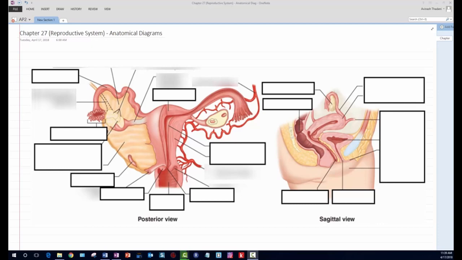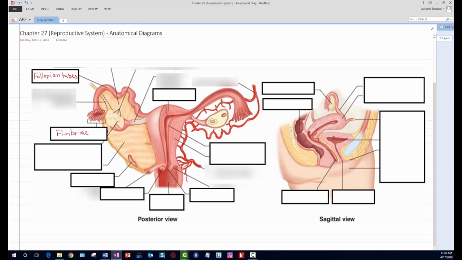So let's just start labeling the diagrams in no particular order specifically. We'll just start off over here. So this little tubular structure over here, that's called the fallopian tubes, the uterine tubes. We'll stick with the common names, the fallopian tubes. The fallopian tubes are there to guide the released oocyte from the ovaries. The finger-like projections at the distal end of the fallopian tubes are called the fimbriae,